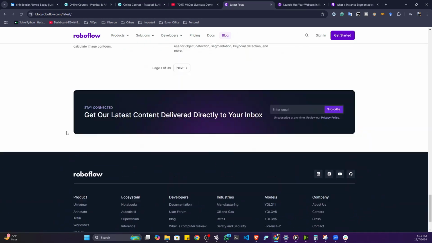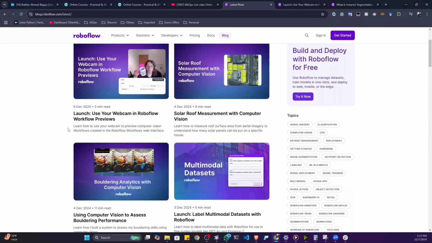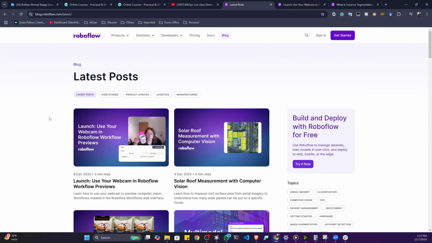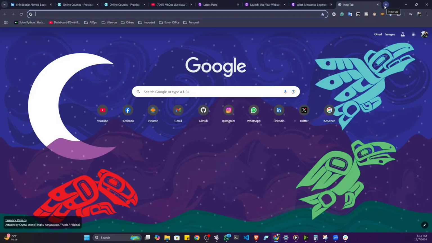So this particular website you can follow if you're interested in computer vision. All kinds of computer vision related research will come here with code examples and everything. You can follow it. Apart from that, there is another website you can follow called